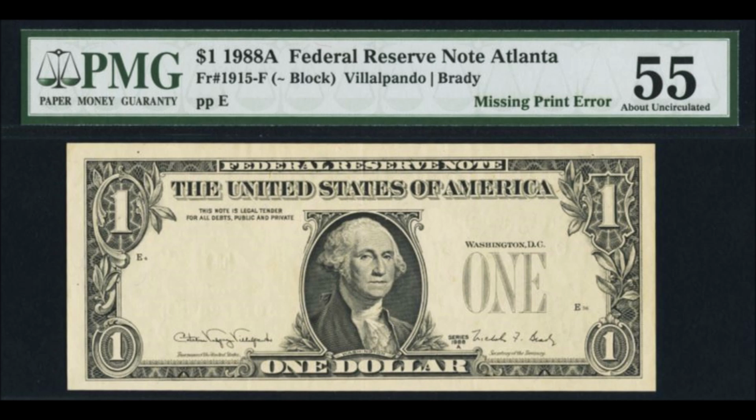denomination. Like the $1 bill right here is encapsulated in PMG plastic, so it's been graded, authenticated as a legitimate error, where it's missing the entire third print. The third print includes the district seals, the numbers, the serial numbers. So it's that black and green inking that's missing from this particular note. All right, and let's be honest, it sticks out like a sore thumb, and that's really what makes it really interesting, really neat. It's almost like it's a note that's trying to tell a story but couldn't quite get all